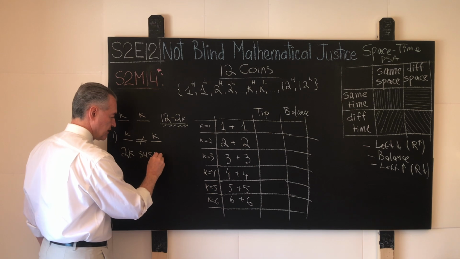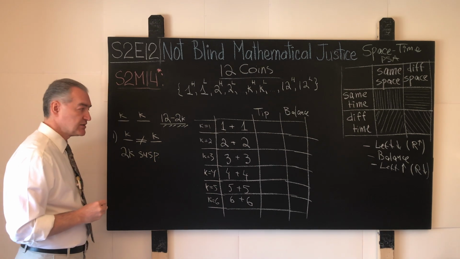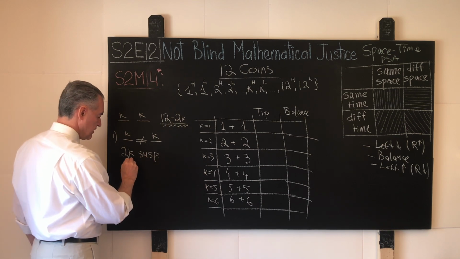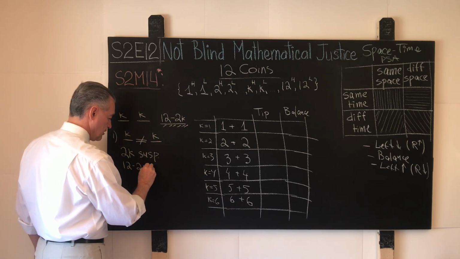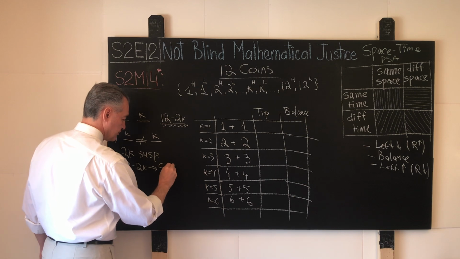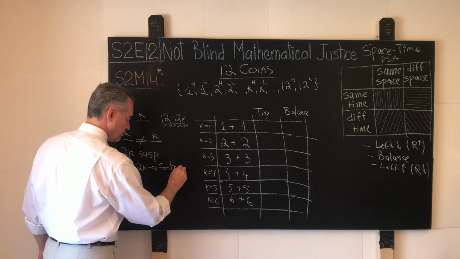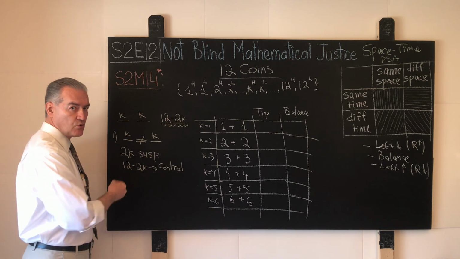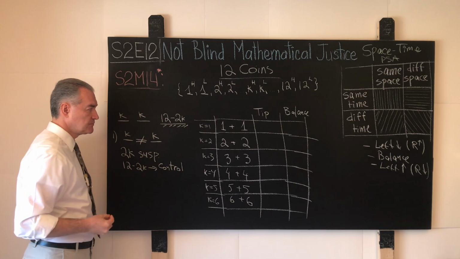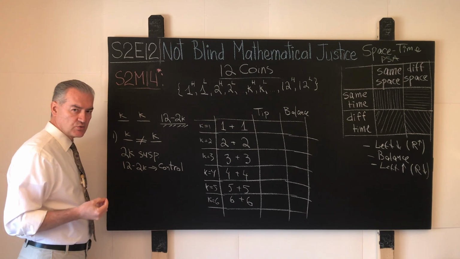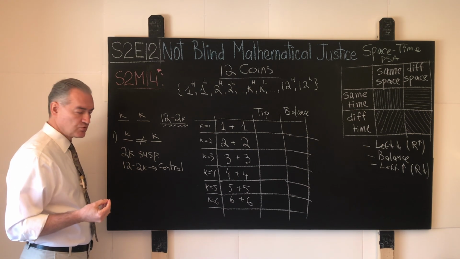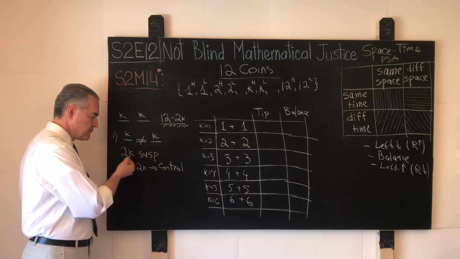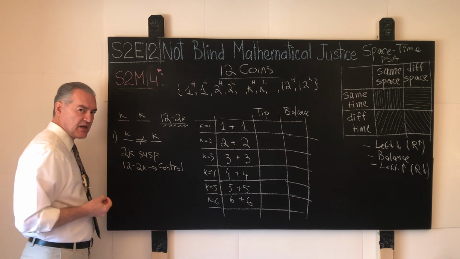We have 2k suspects, and we have 12 minus 2k, just in case, we'll write it down here, control coins. These coins are no longer the suspects. They are eliminated from the pool of suspects, and all these coins that were on the table are the genuine coins, and we refer to these genuine coins as control coins. Now let's think about the demand for the information in this case.